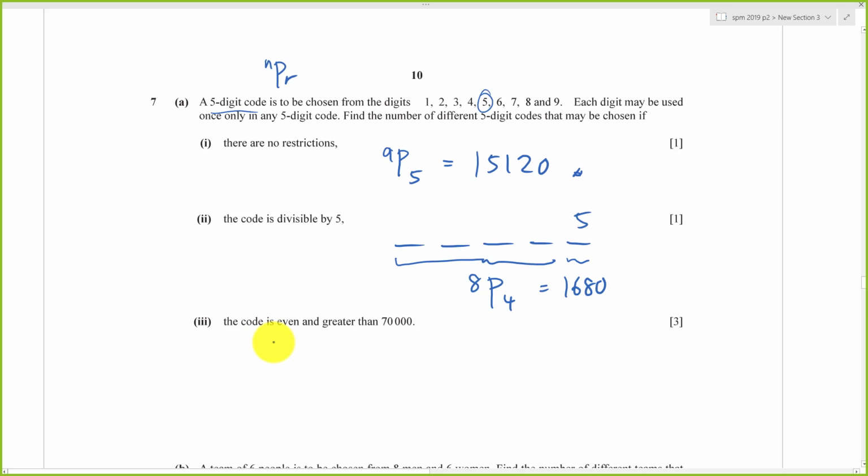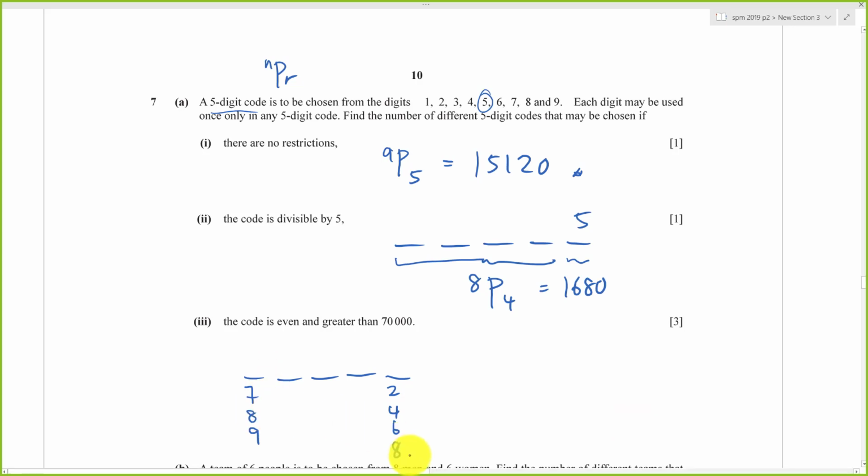Okay, so the code is even and greater than 70,000. Now this is 3 marks. In order to make it an even number, the last digit must be an even number, which is 2, 4, 6, and 8. In order to make it greater than 70,000, the first digit must be either 7, 8, or 9. For this kind of question, the first thing is you need to check whether the first digit and last digit